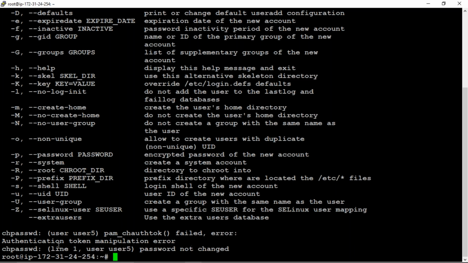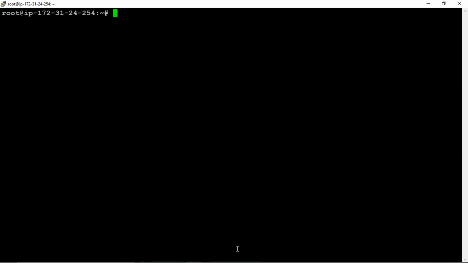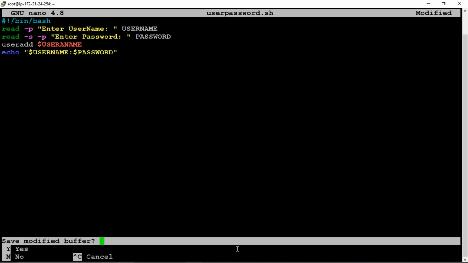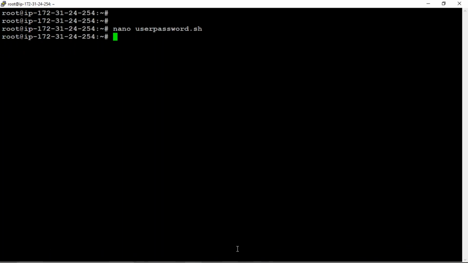Okay. So here we will try removing this one, chpasswd. Clear. nano user_password.sh. We'll try to change this one. Okay, press Ctrl X, press Ctrl Y, and enter.